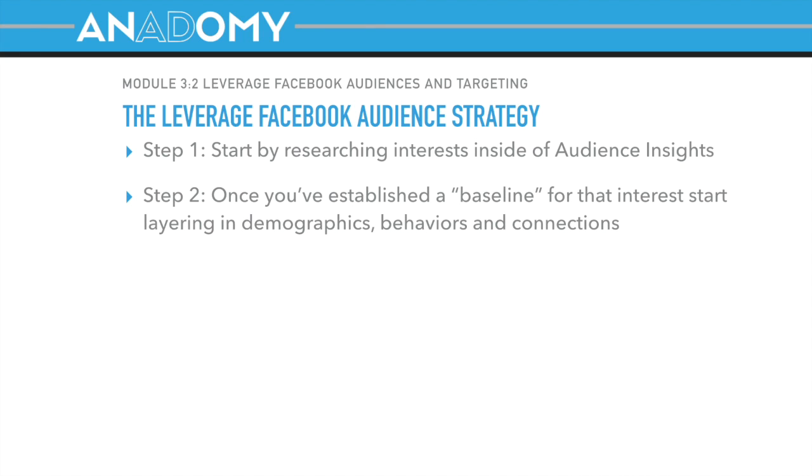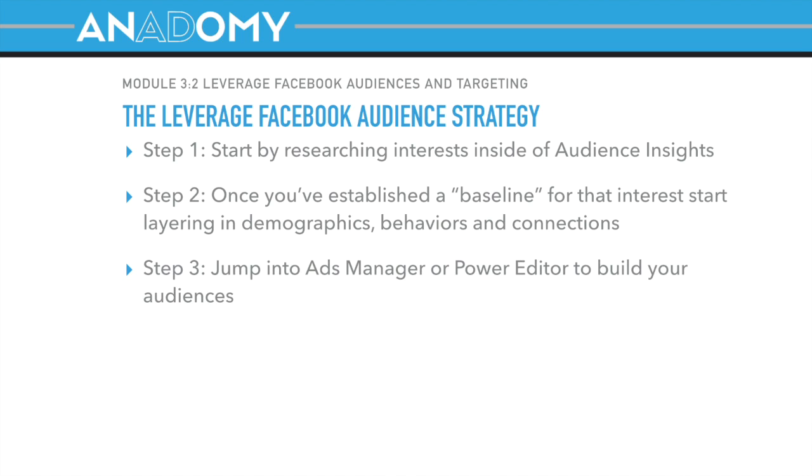The next thing you want to do is, once you've established a baseline, start layering in demographics, behaviors, and connections. You saw that we did a very basic example with just strictly income. You can add additional interest to that. You could put in behaviors, people who have recently bought a car that follow Dave Ramsey. There are so many different things that you can do. So once you've got a little bit of insight into who these people are, now start layering on those demographic filters. The third thing you want to do is to jump into Ads Manager and Power Editor to build your